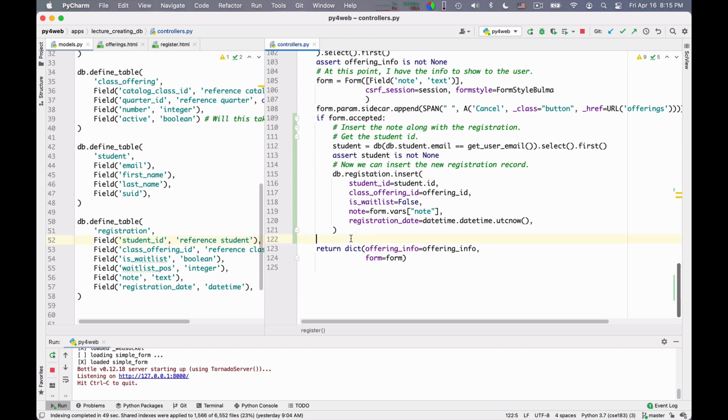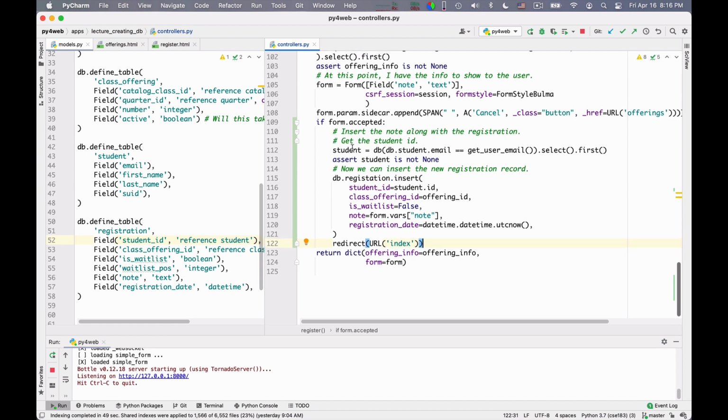The insertion will happen, and after you have registered, I don't know, I can redirect you to some other place, okay? URL index, for instance. I mean, I need to redirect you somewhere, and so I just choose to redirect you to the index URL. Okay, so this shows you essentially how you can build these connections between tables manually when you do insert.